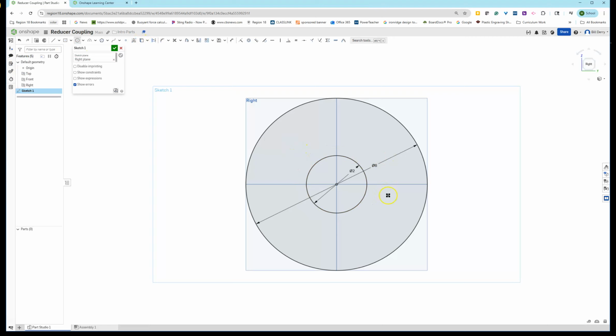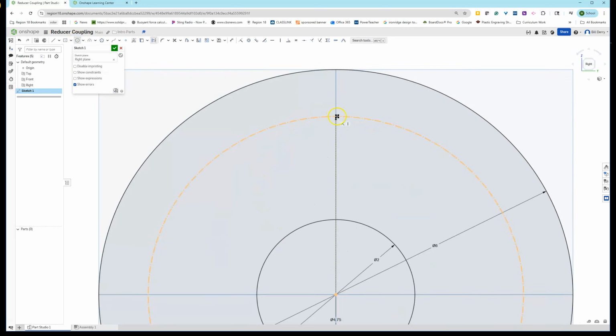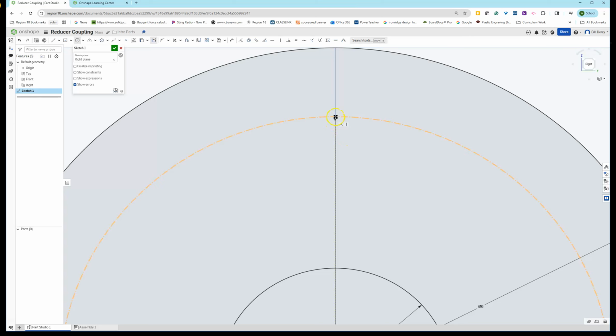The next circle that we make is for construction. Whoops. And that one is a 4.75 radius. I'm going to escape for a minute, click on that and make it for construction. And now we need to make a series of circles that are 5/8 of an inch. So I'm going to click that circle command. I'm going to hover right at this 12 o'clock position and .625, and I'm going to change that to